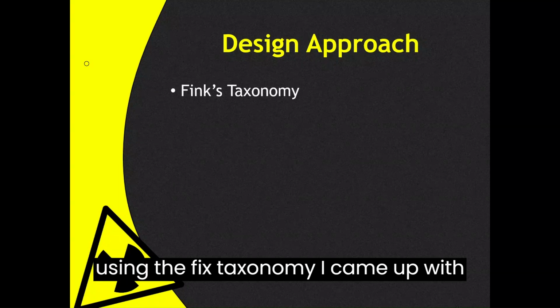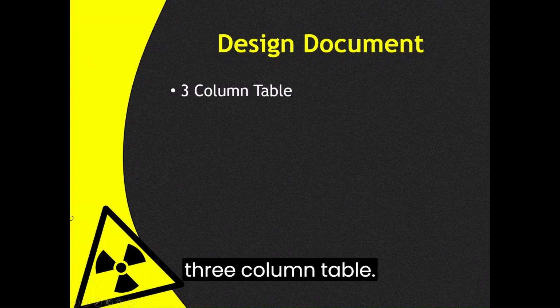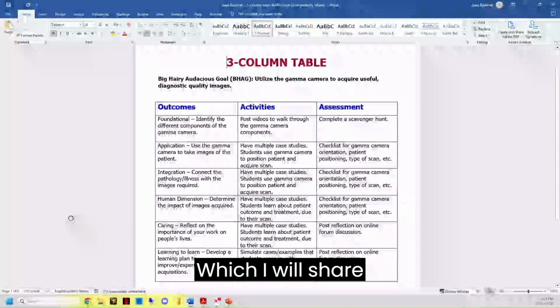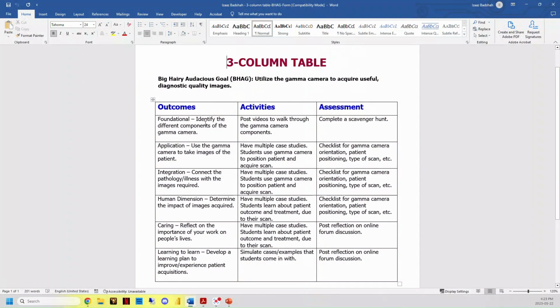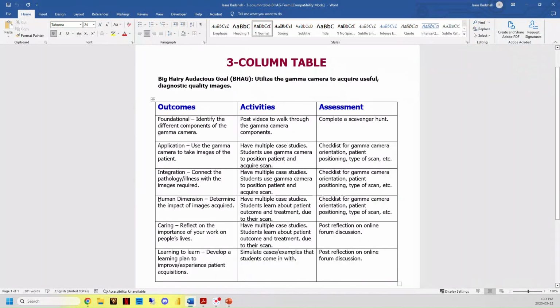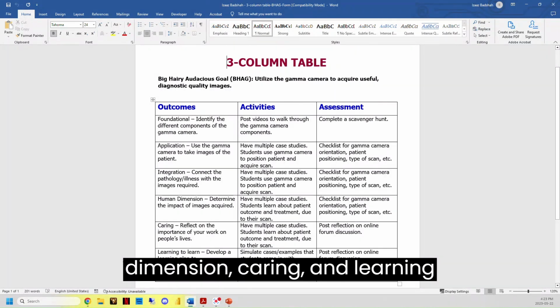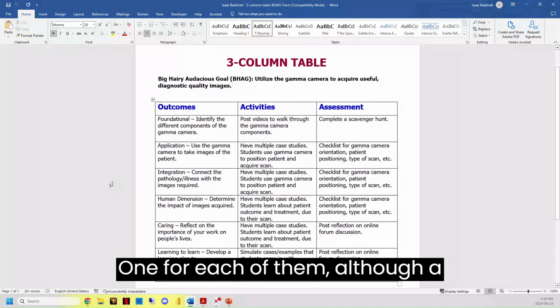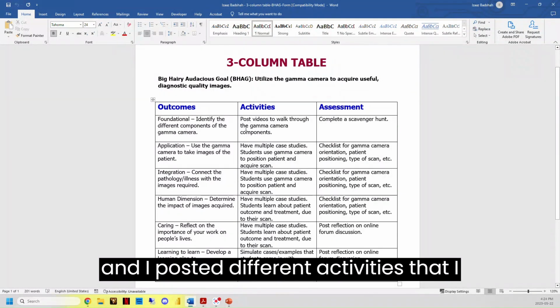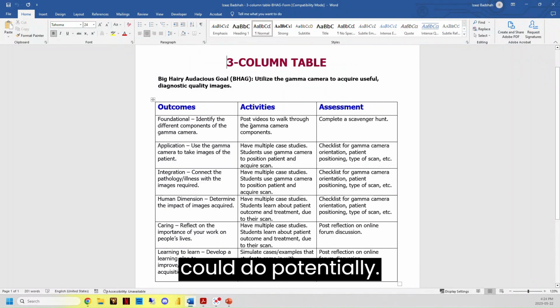And using Fink's taxonomy, I came up with a 3-column table, which I will share here. So 6 different kinds of learning outcomes: foundational, application, integration, human dimension, caring, and learning to learn. I came up with one for each of them, although a couple are almost combined. And I posted different activities that I could do potentially